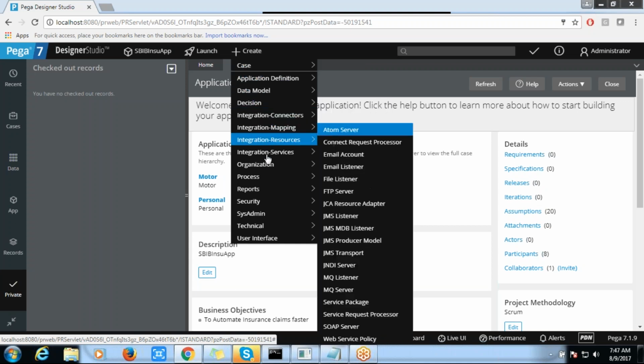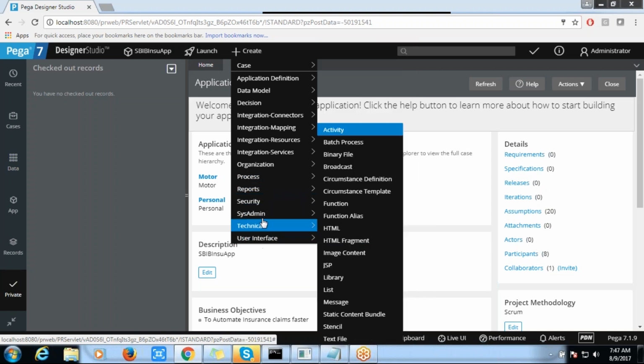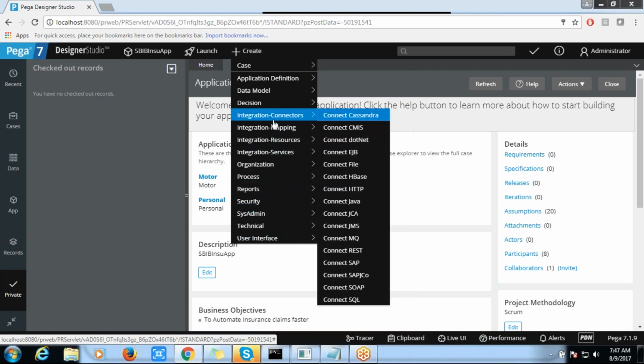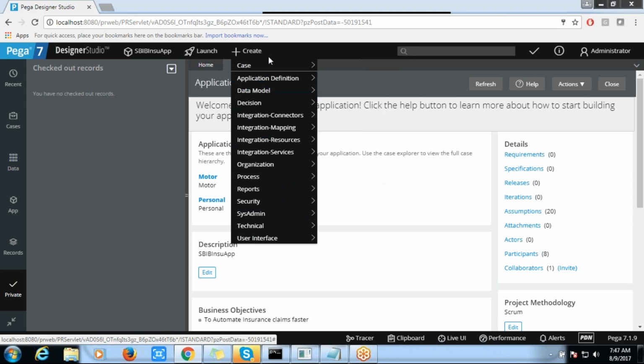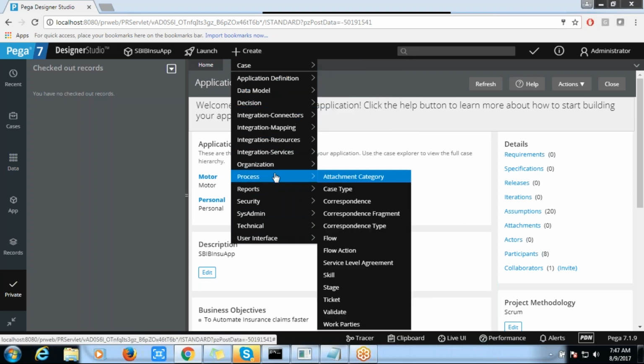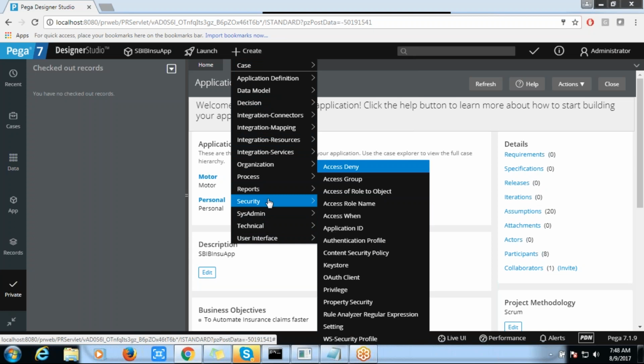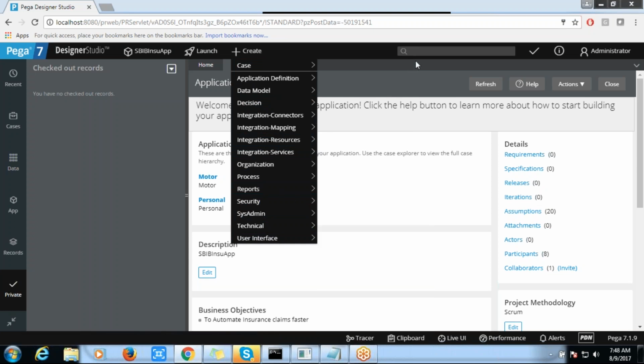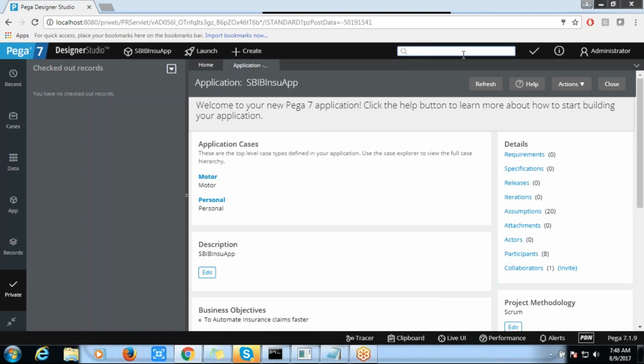And these are all related to creating the rules. Within our day-to-day application development, with respect to these particular cases, we can go and do that here. Okay, and we have this search box. This is the global search. That means any rule that you want to search in our PRPC application, the existing ones or whatever rules you have created, you can use the search box.